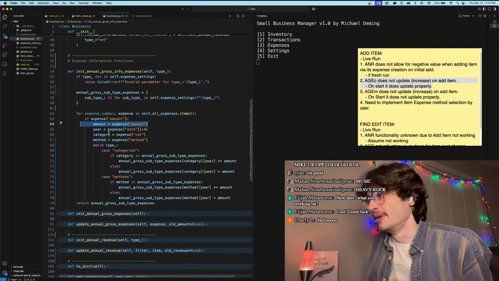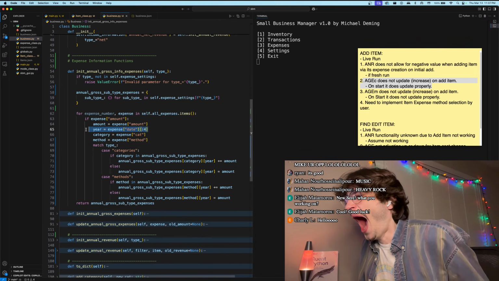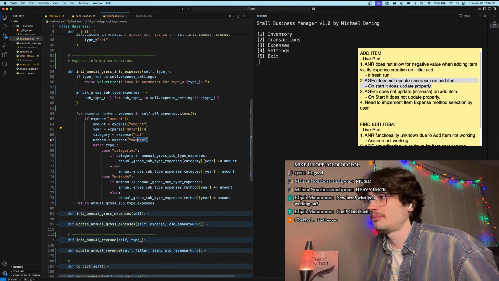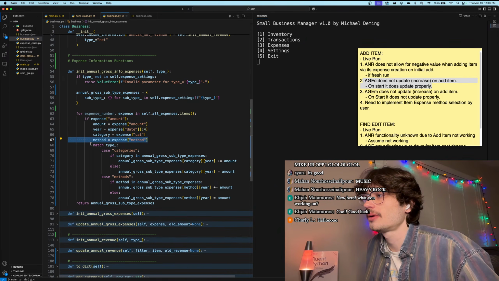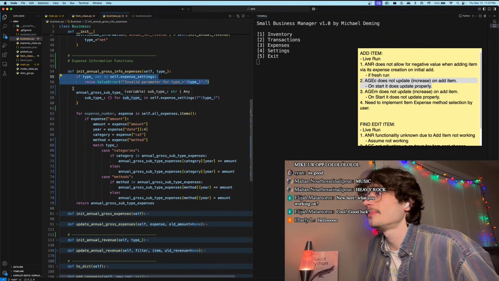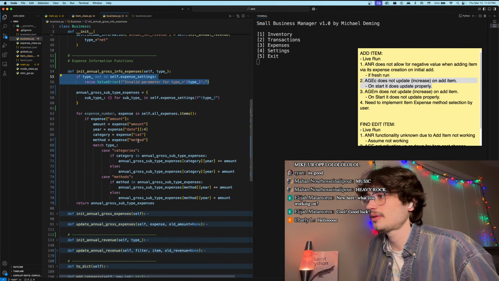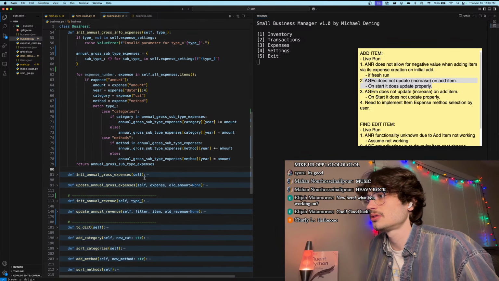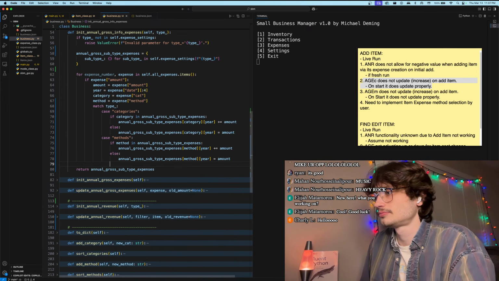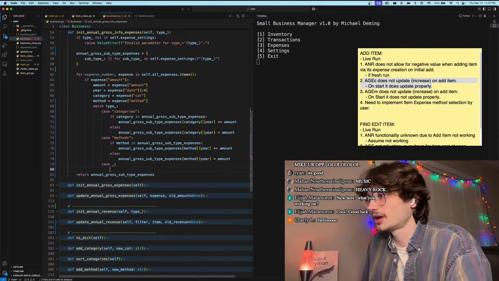Then you extract the amount, the year, the category, and the method. And then you match the given type, which is one of the given subtypes from expense settings. If it's categories, which is hard-coded, if it's method, which is hard-coded, you access those individual dictionaries. Else,